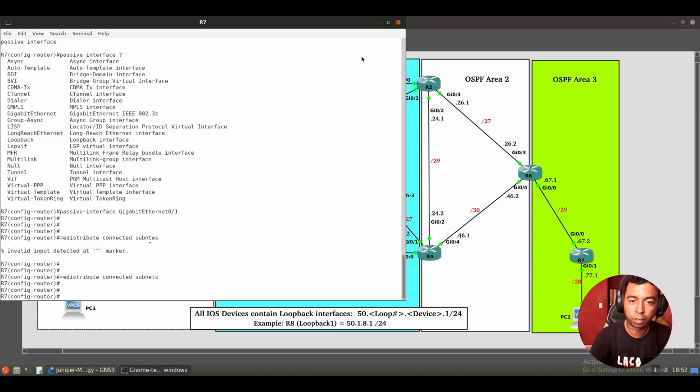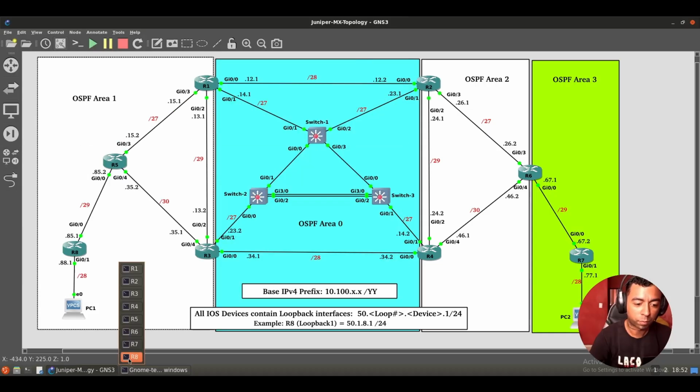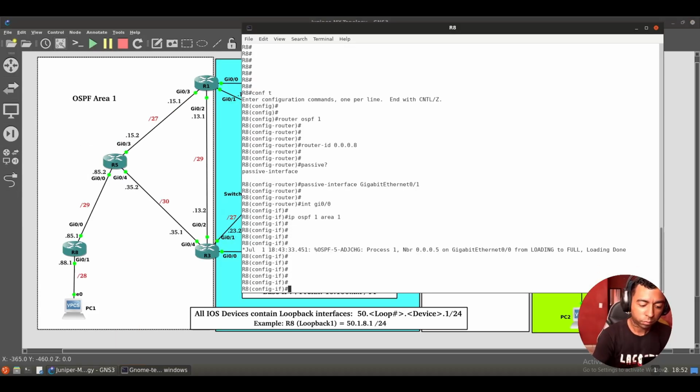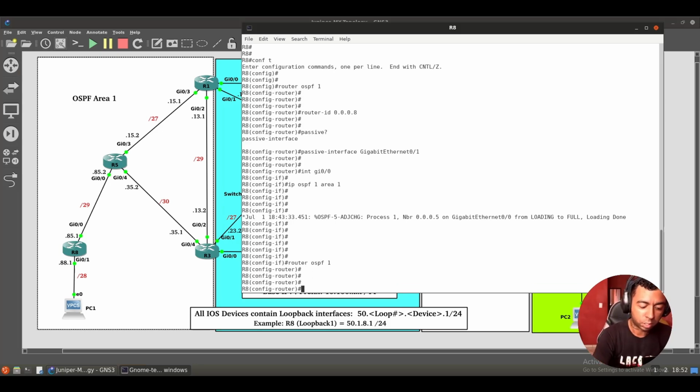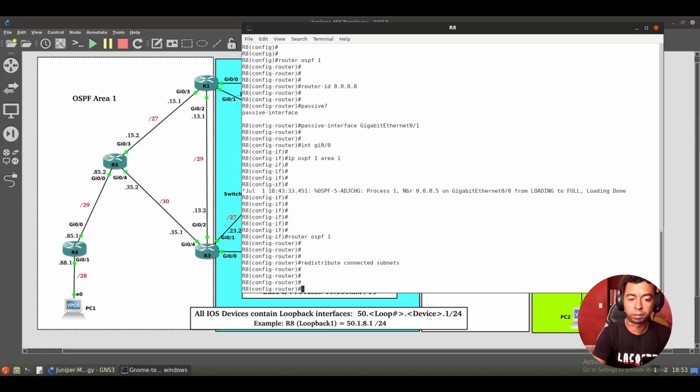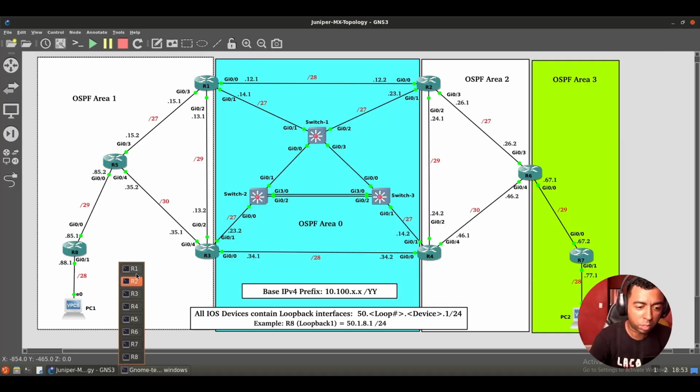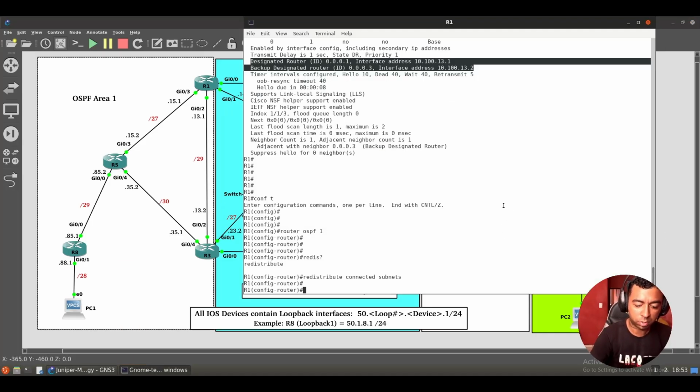Router 8 now, router OSPF 1, redistribute connected subnets. Alright, I did this in all, so now probably all the